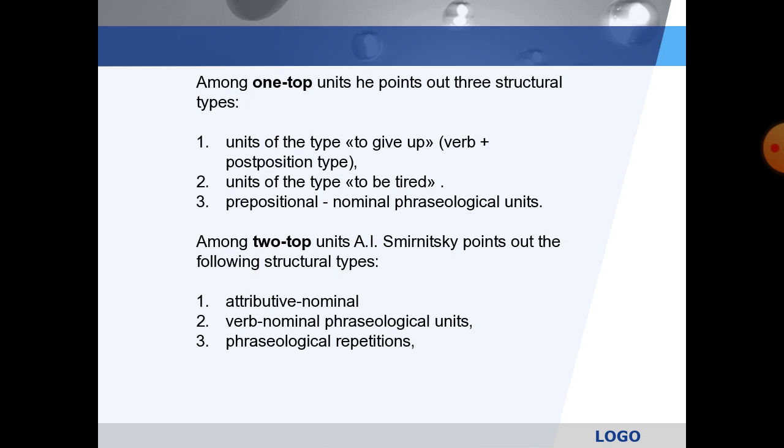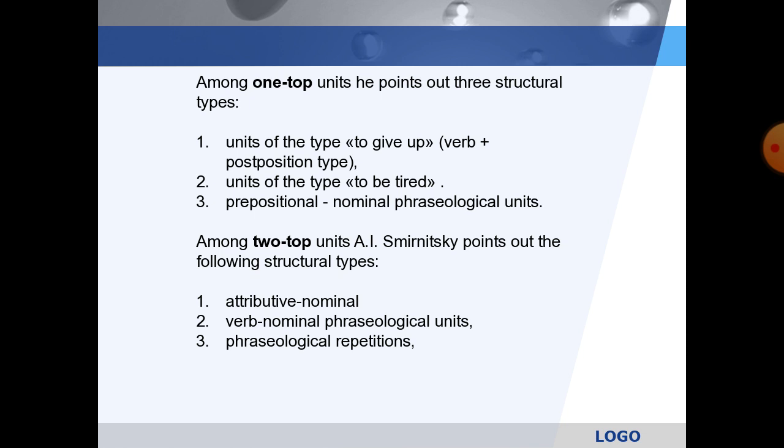The grammar center of such units is the verb. The semantic center in many cases is the nominal component. For example, to fall in love. In some units, the verb is both the grammar and the semantic center. For example, not to know the ropes. These units can be perfectly idiomatic as well. For example, to burn one's boats, to vote with one's feet, to take to the cleaners, etc.